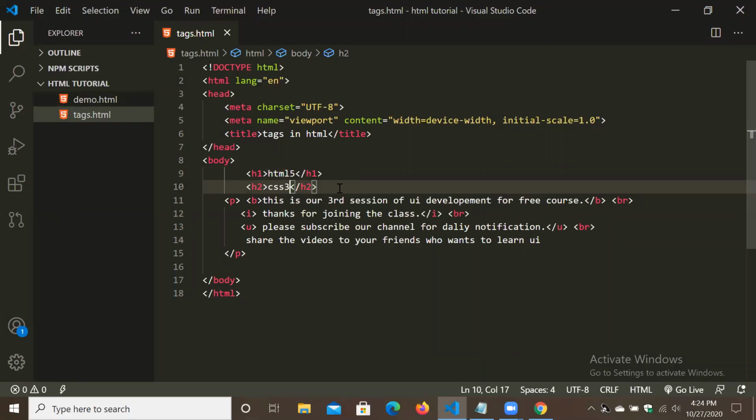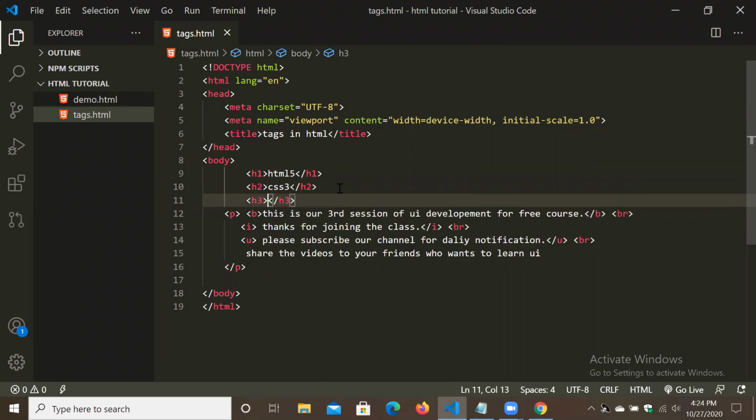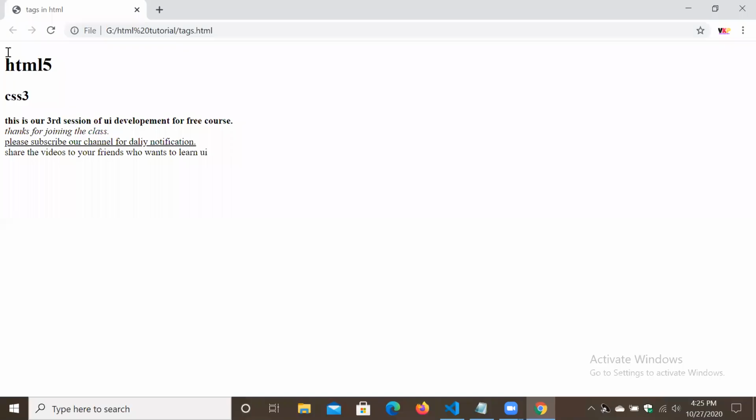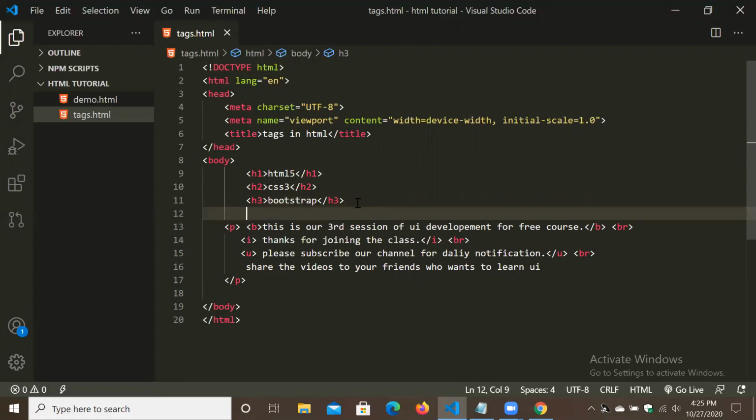Okay, next H3. Now here we write Bootstrap. Okay, now refresh. What happened? Bootstrap is smaller than CSS3. Now again H4.